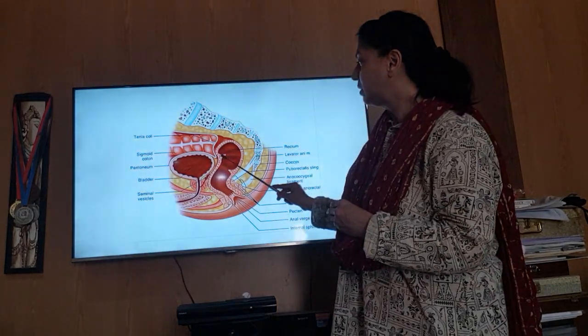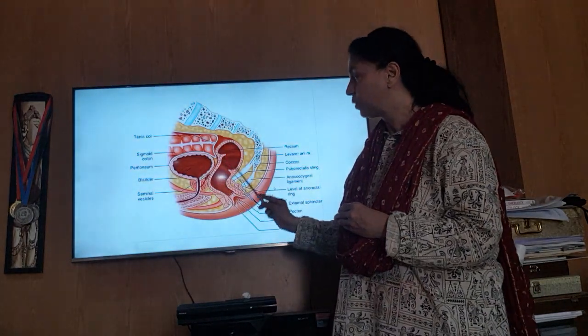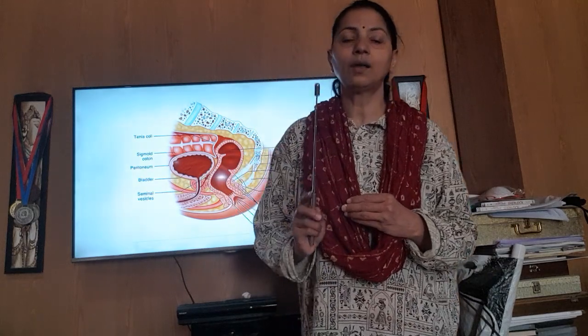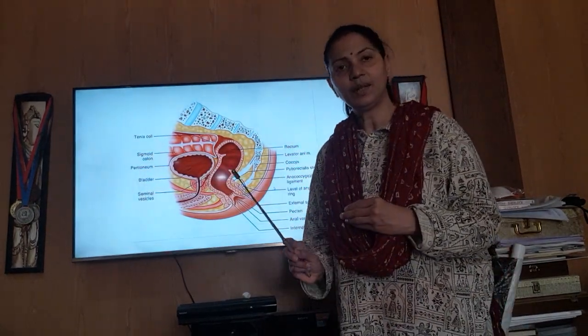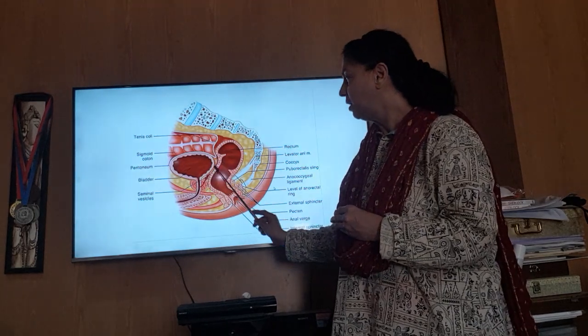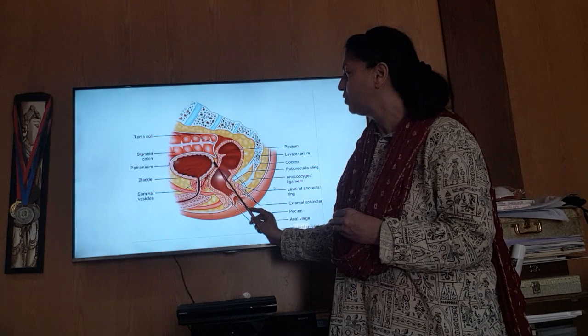Now the relations. The upper 1/3 is related to this rectovesical pouch, and in the rectovesical pouch there will be folds of sigmoid colon and folds of intestine. So these are the anterior relations of the upper 1/3 of the rectum. The middle 1/3 of the rectum is related again to the rectovesical pouch and the posterior surface of the urinary